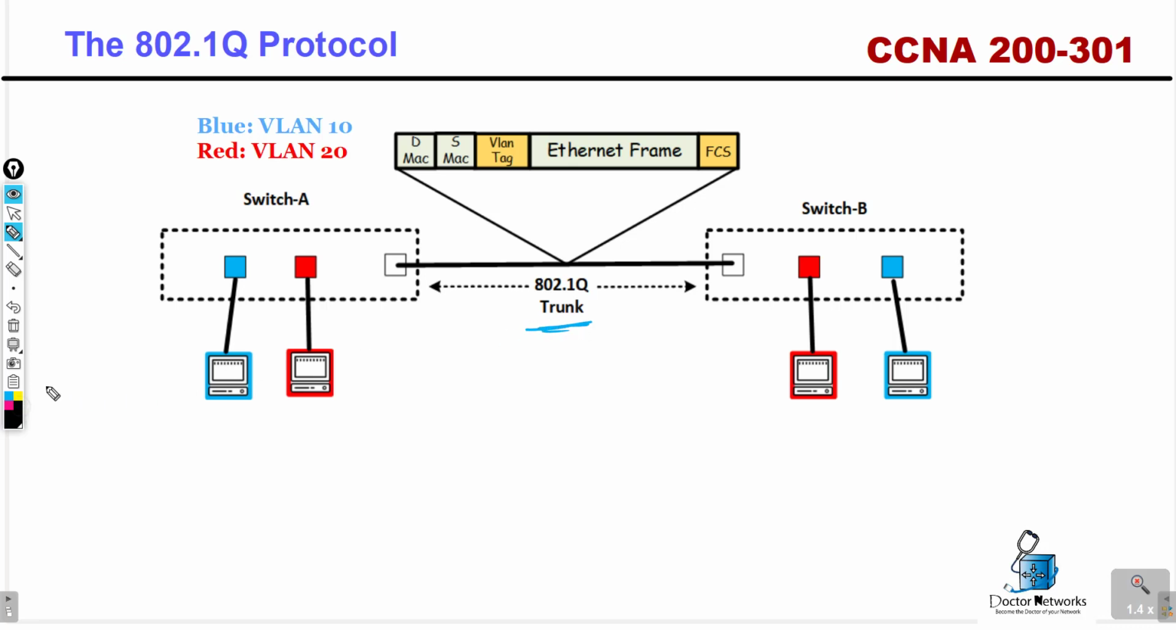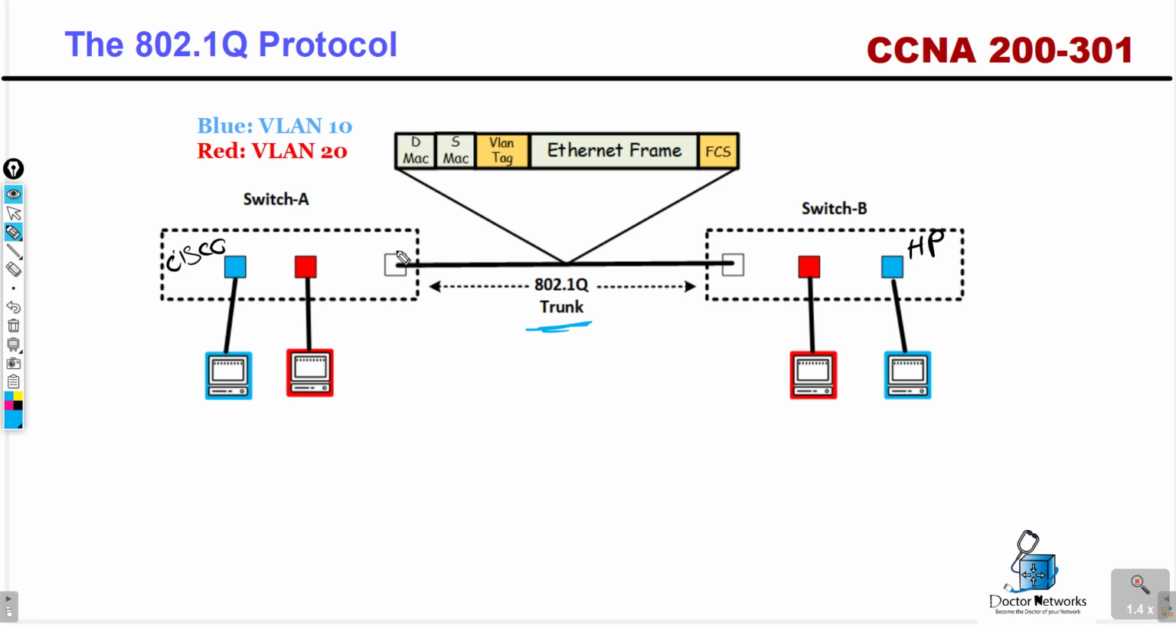So if you have a Cisco switch on this side and an HP switch on this side, they can still communicate with each other because it's an industry standard protocol. Now, we have done a lot of broadcasting examples. What I will be telling you right now is what happens behind the scenes on the trunk